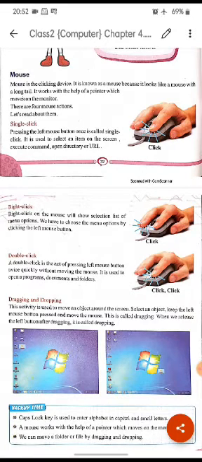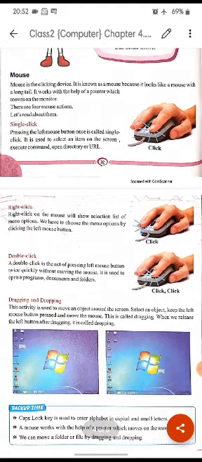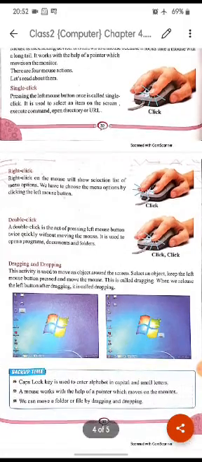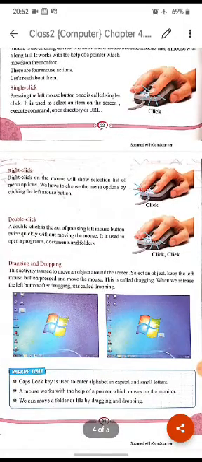It is used to select an item on the screen, execute a command, open a directory, or URL. So from one single left click, we can select an item on the screen, execute a command, and open any directory or URL.